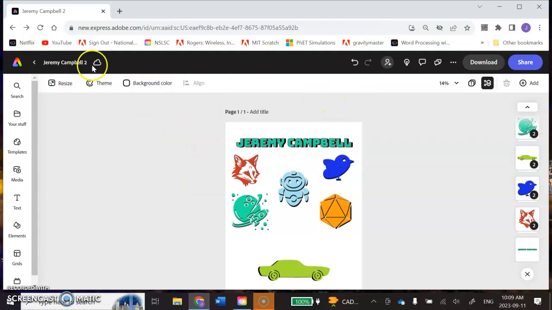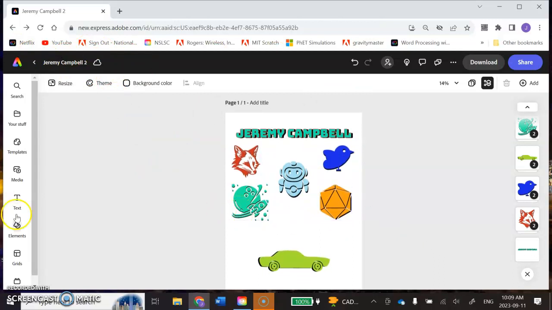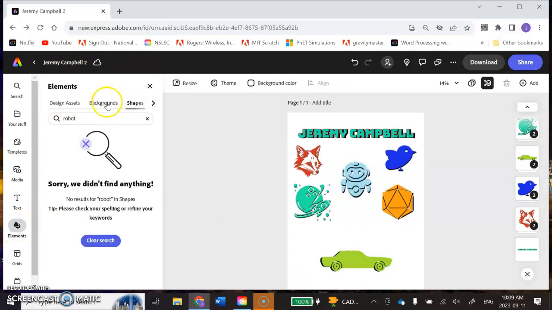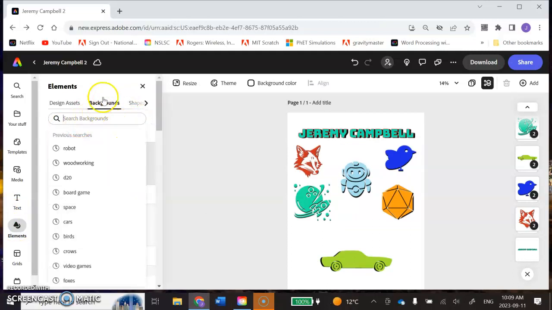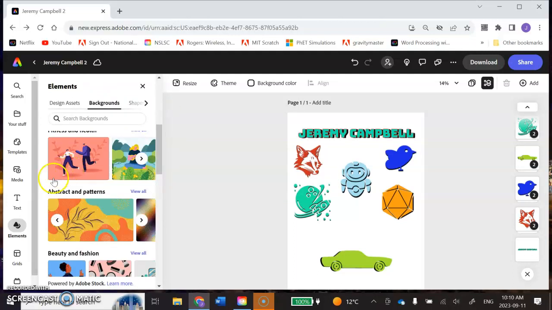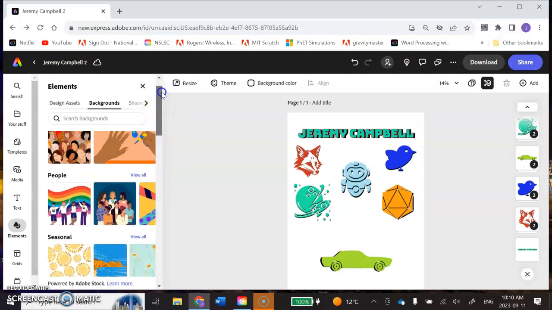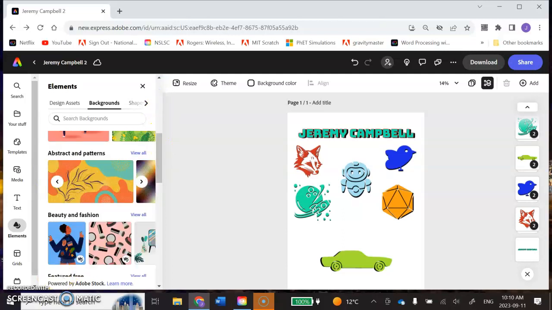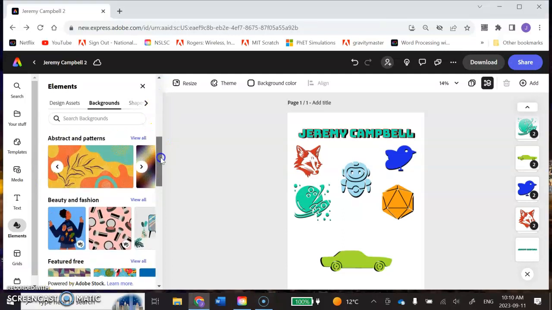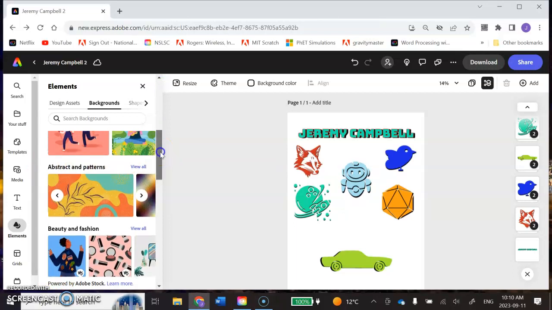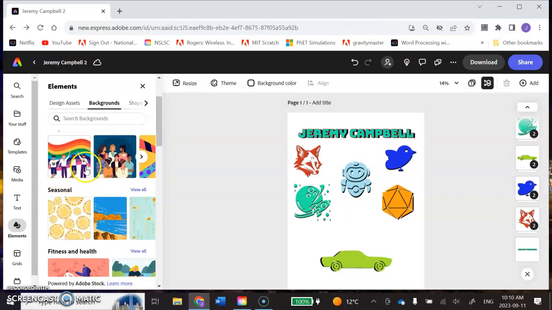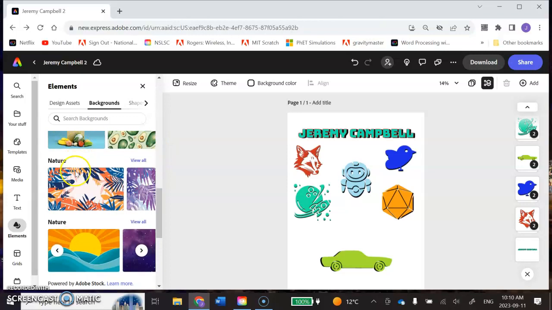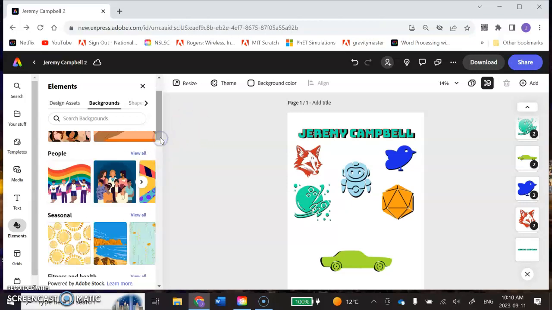Don't forget, this is constantly saving for you. So on this program here, you don't have to worry about saving. But next we're going to add our background element. Now here is our background elements here. We can do various different backgrounds. Go ahead and explore all of these. Maybe you want something abstract. Maybe you want something to do with seasons or nature. Whatever you like, you can go ahead and